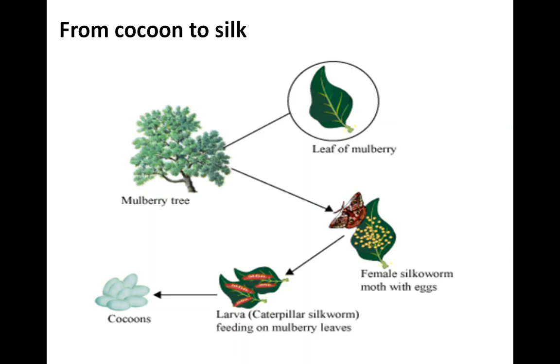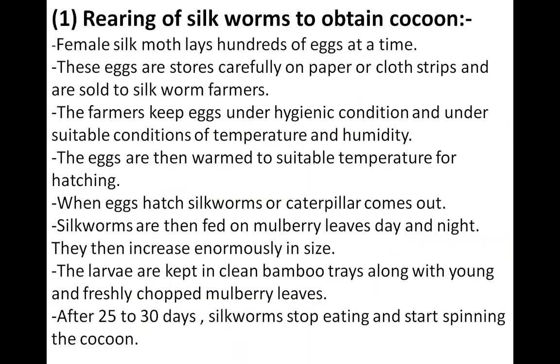Now from silkworm to cocoon, that process we have finished. Now from cocoon to silk, that process or that journey we will learn in this session. So for obtaining silk, first we should rear the moths, and then the cocoons are collected to get silk thread. So again we will learn about the rearing of silkworms. Here we are just learning how we rear the silkworm.